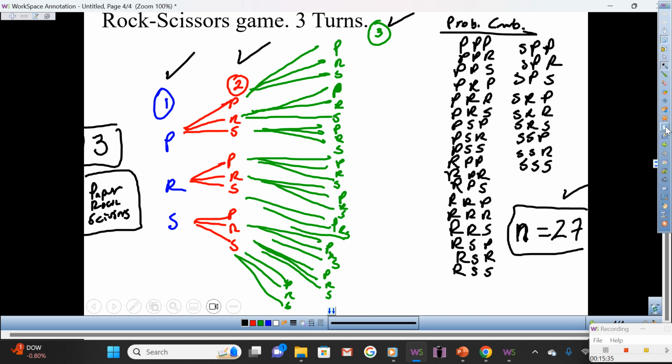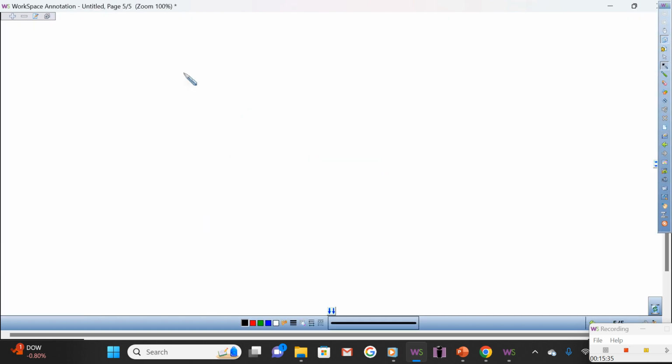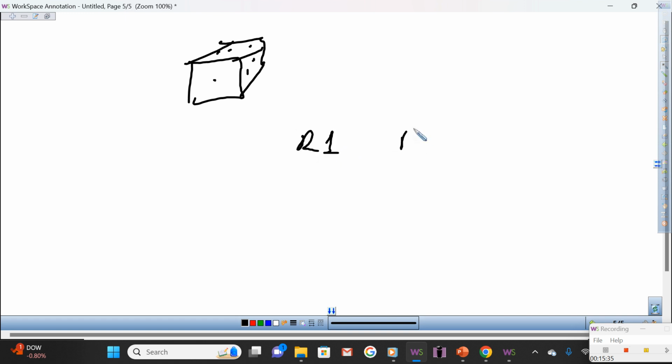Okay. So, what if I gave you guys a die, and I asked you guys to toss that or to roll it 3 times without making a tree diagram. Tell your neighbor the N for this probability and tell them how you found it.